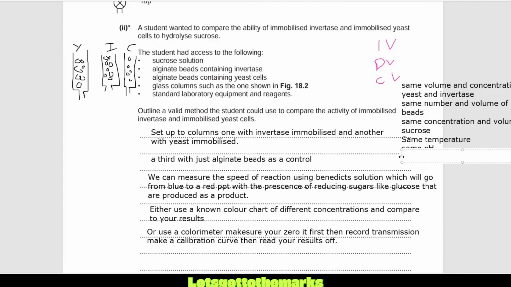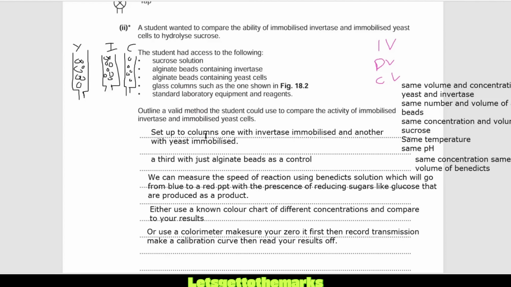Again, we might want to say, if we're using Benedict's, same concentration of Benedict's. And if you're going to say same concentration, you might want to say same volume as well. The worst thing they're going to do is say ignore that. They're not going to reject you for saying that. So same concentration, same volume of Benedict's as well. Now that should more or less cover all of it and get you all the full 6 marks. So let's zing on. Now, as I said, one last thing, you could include the control variables within your discussion of the independent and dependent variable.